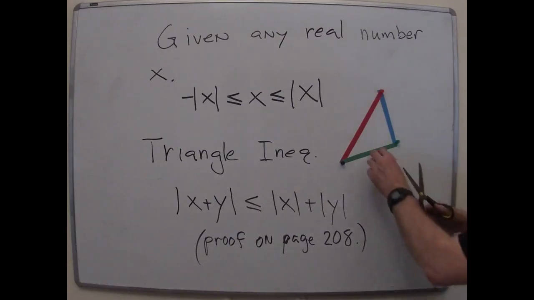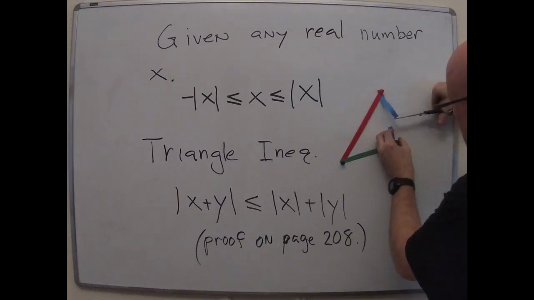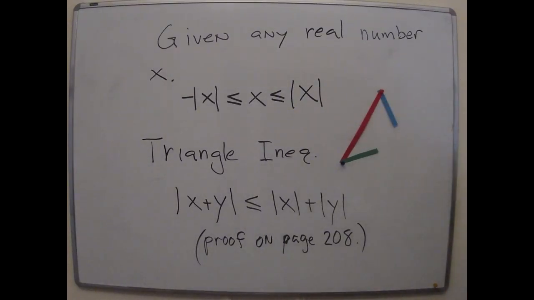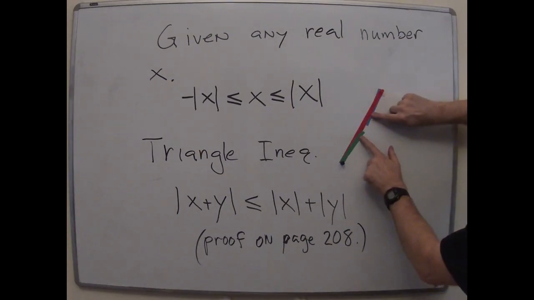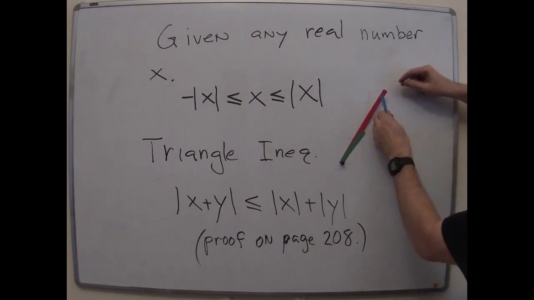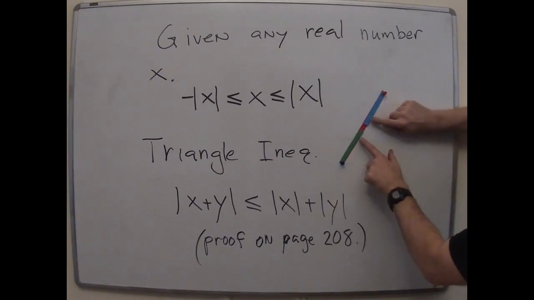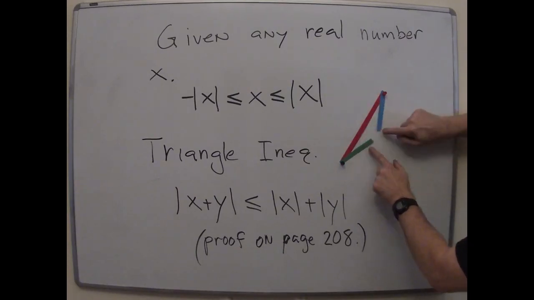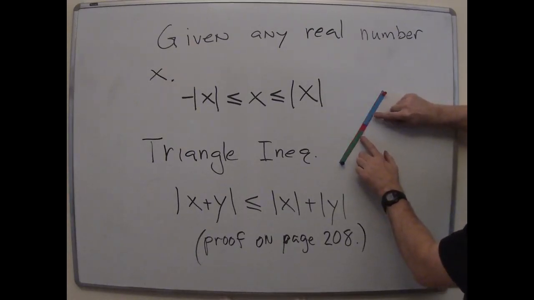I want to show you what happens if the other sides here are a little bit shorter than they were. Say like that. Can I make a triangle with those three lengths? I get this red guy, and this blue guy, and this green guy, and I kind of wish the blue was on top of the red. Even if I put them straight in a line, the sum of these guys isn't big enough to reach each other, right? So you don't ever get a triangle. So when these things actually are in a line like this,